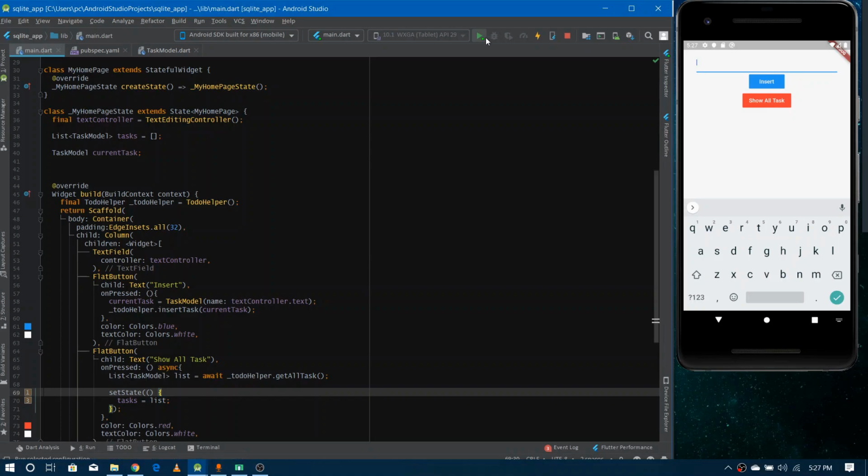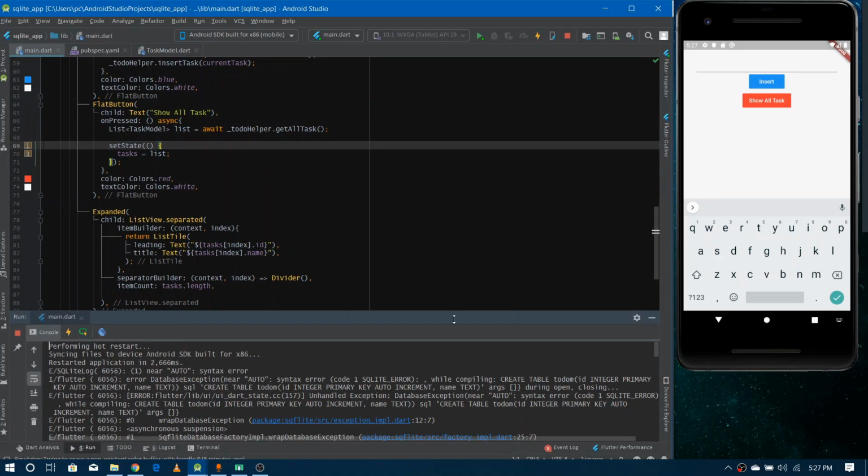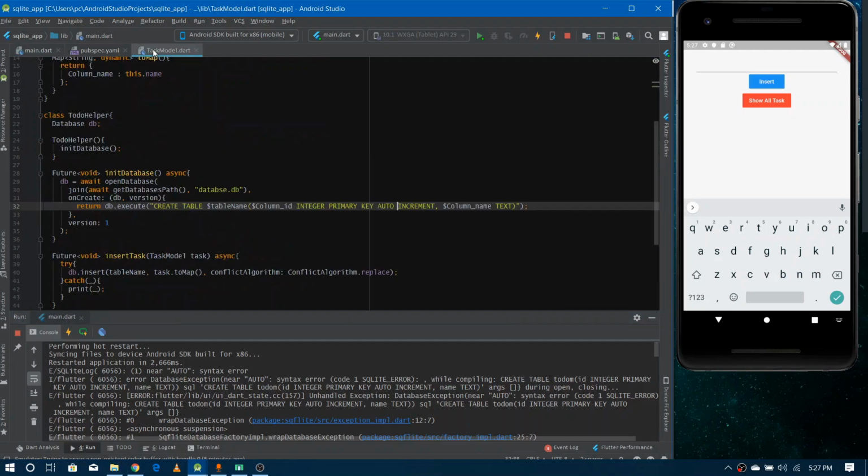Now we need to rerun this application. So now if I rerun it, and let me open the console so that we can see if there's any exception. And you can see here it's giving some error, syntax error near auto. So let me go inside this. Oh, we should not give here a space in auto increment. So now if I rerun it,